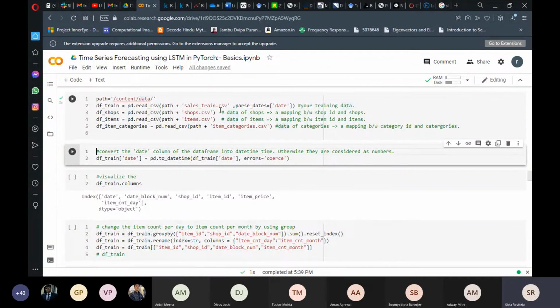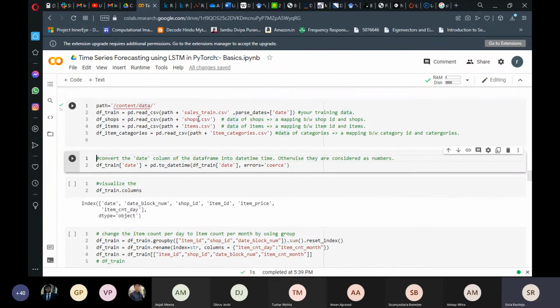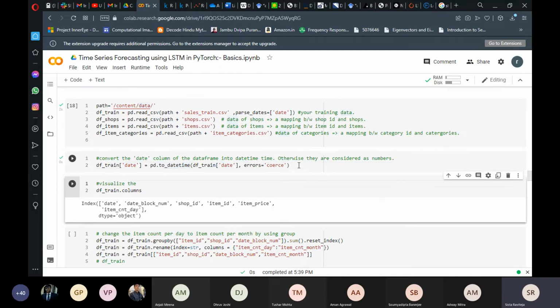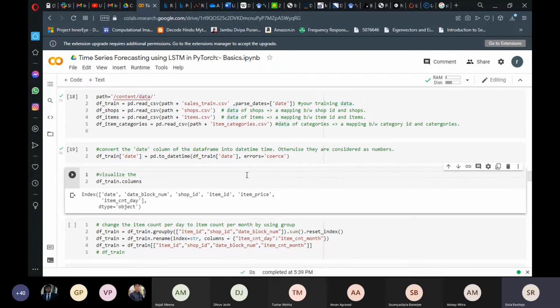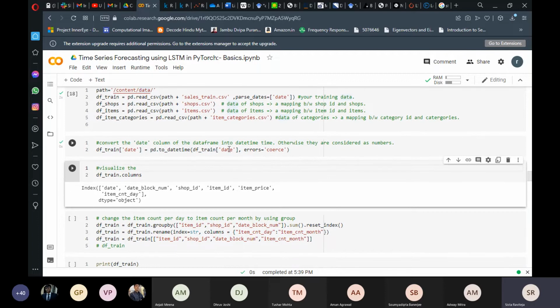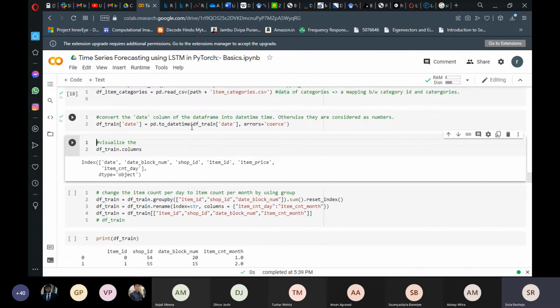Now, since this is a Kaggle challenge, you have a lot of information about this online and you can search for it also. The first thing is, when you have date time objects or any particular columns in the CSV file, they have to be in a particular format, so you have to convert them. Here, this date time has to be converted into pandas date time format, so that your model is not confused. Otherwise, it will just take it as a number. So you have to take those precautions for particular columns.